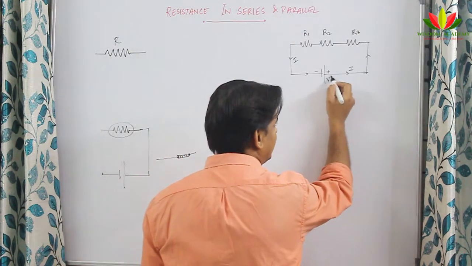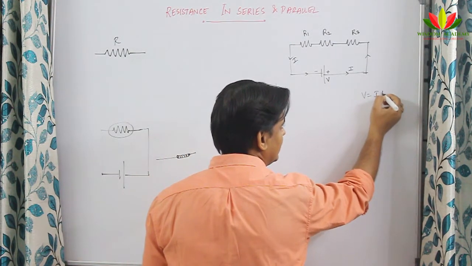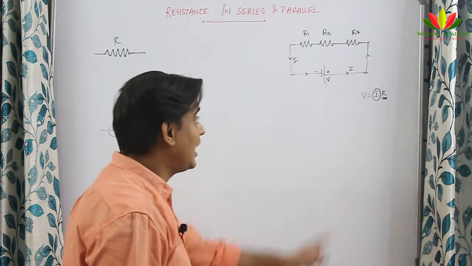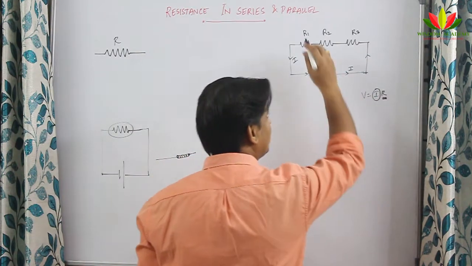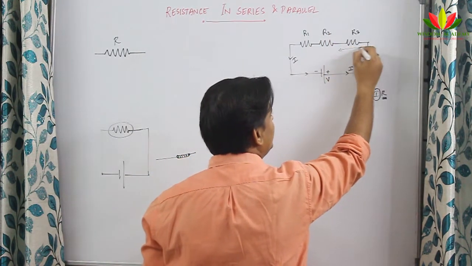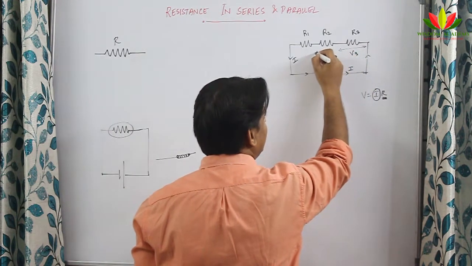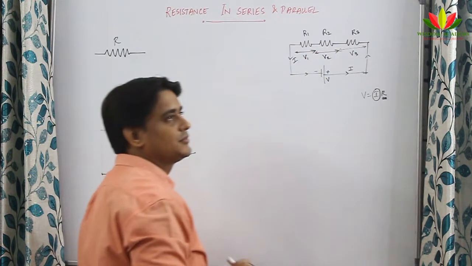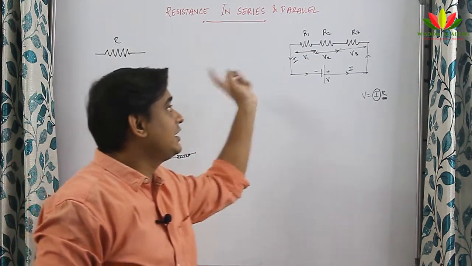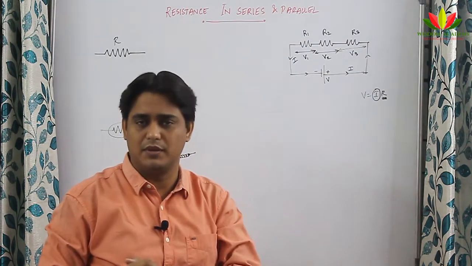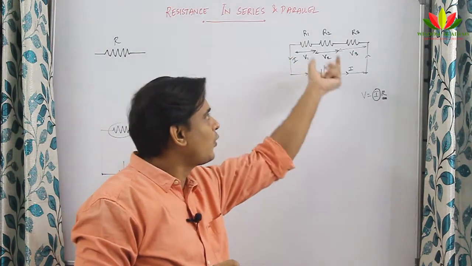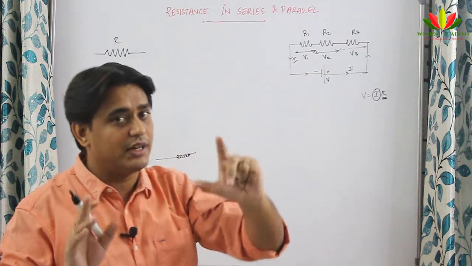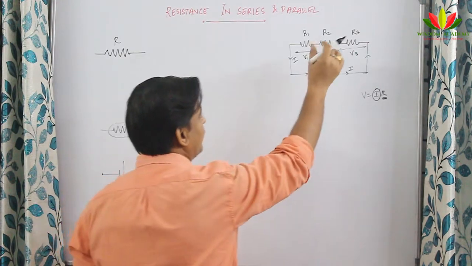Then what is different? Different is the potential difference, because we know that V is equal to IR. If I remains constant, then what should change? R should change, because R is different, so V will be different. Based on the value of R, it will have its own V, let it be V3, V2 and V1. You can ask me, sir, if all three are the same, yes, in that case it will have equal voltages. But suppose it is 2 ohm, 4 ohm, 6 ohm and it is a 20 volt battery, then it will get distributed accordingly. Not current, only voltage.